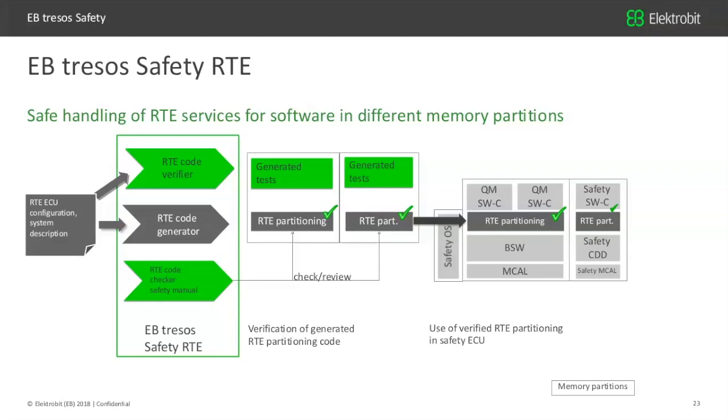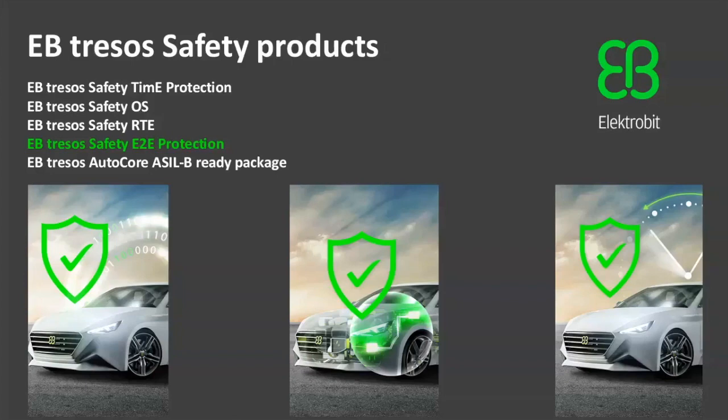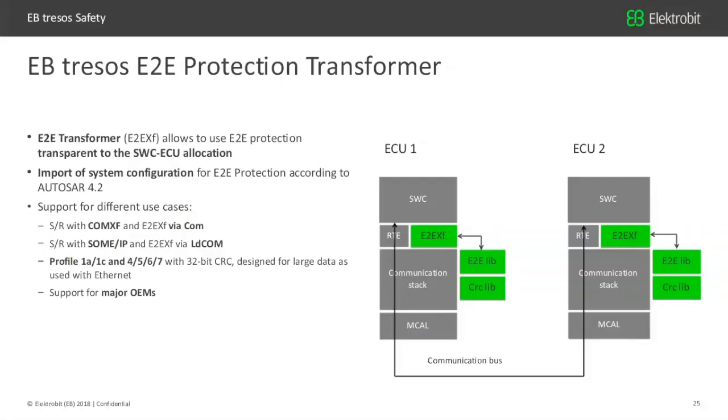Okay, and then last but not least, we have the data domain, where we have the safety E2E protection module. So the end-to-end protection is implemented as an RTE transformer, or actually a transformer module, which kind of resides within the RTE. So it is transparent for the software component to use the communication path. So we have different use cases identified,